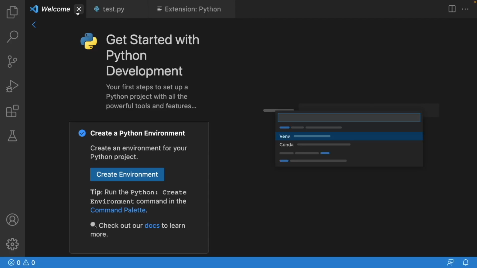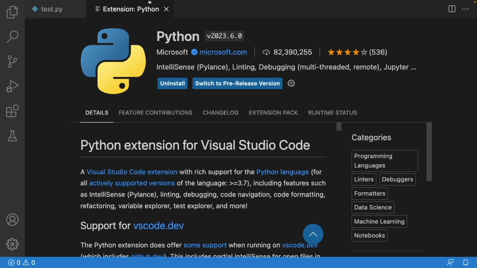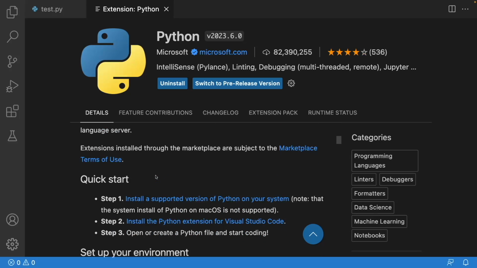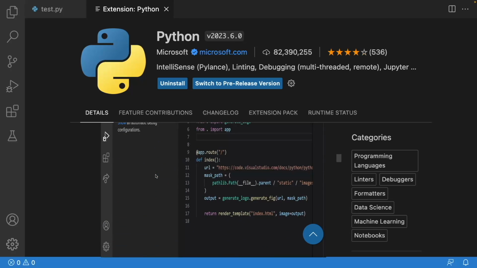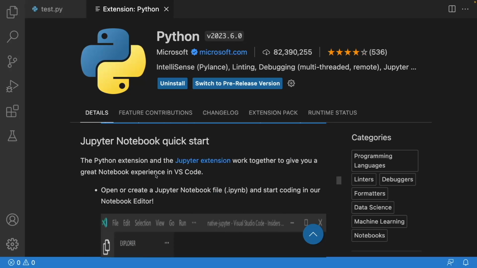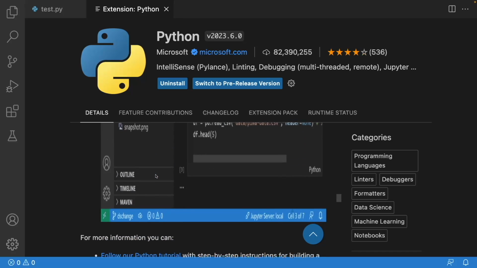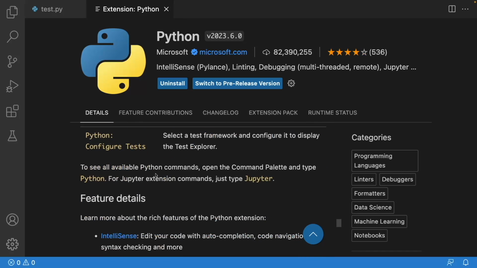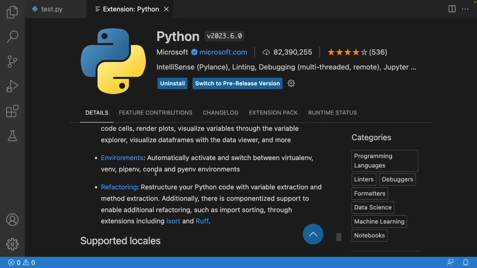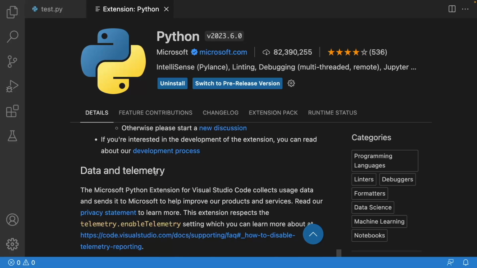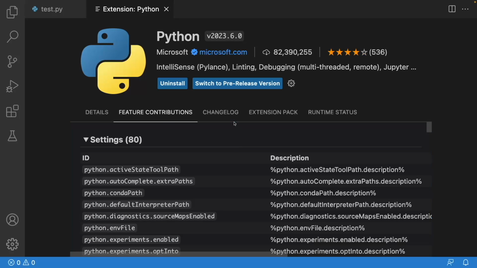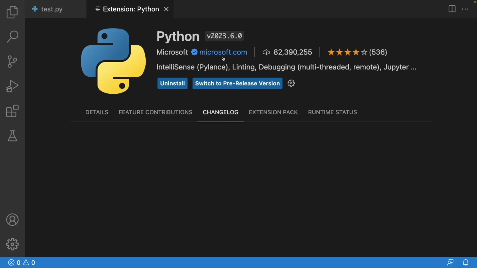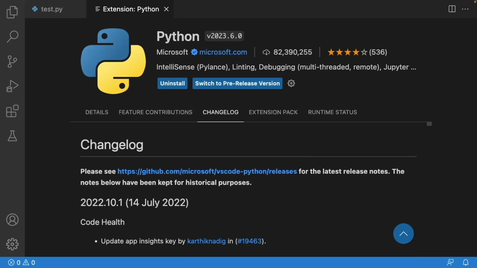For now, we will just close this welcome window from here, and I will also be closing this extension page. If you want to get more knowledge about this extension, you can go through it. On this page, you will be getting further details related to it. A lot of details are available over here related to this extension, the different shortcuts that it offers, and a lot of features. You can go through it and see what all things it offers. Once we are done with that, I will close this window,